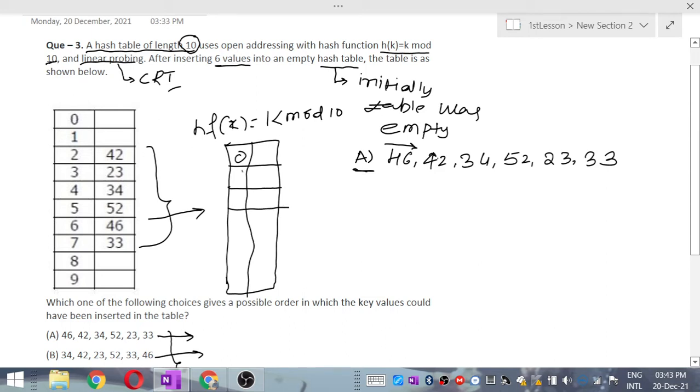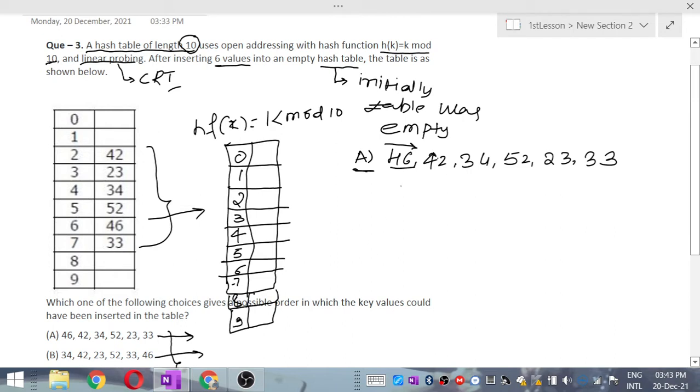Locations 0, 1, 2, 3, 4, 5, 6, 7, 8, 9. Now let us see.